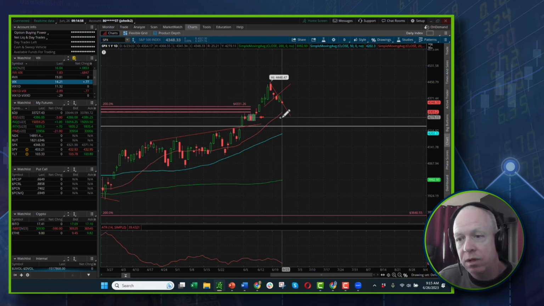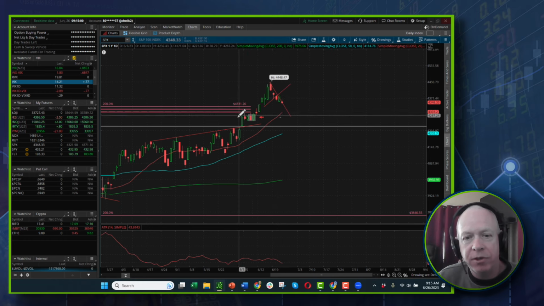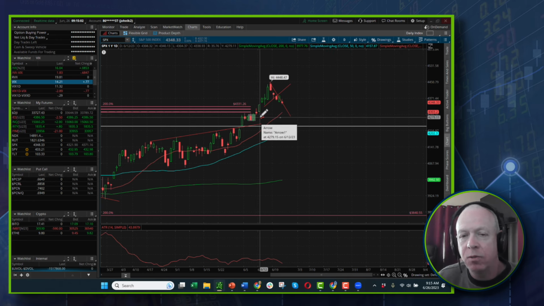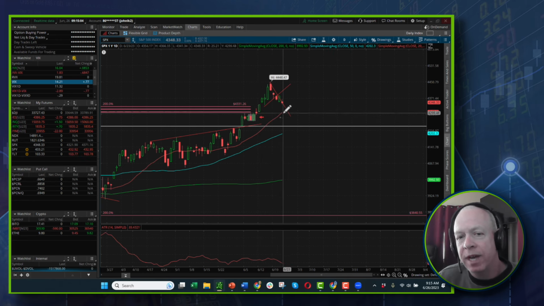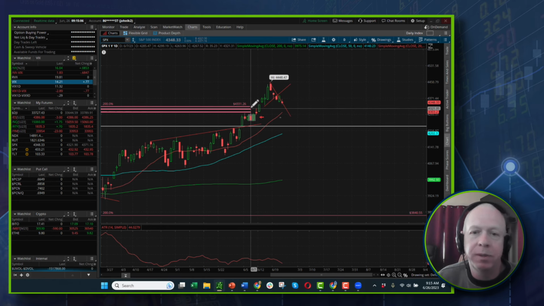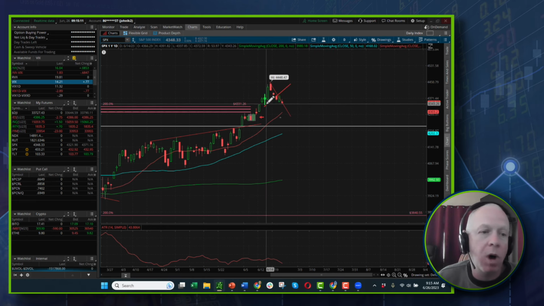That's 42.80-ish. We have the center of this consolidation zone, that's 42.80-ish. We have the 20-day moving average a little bit higher. We do have support levels a little bit higher. We do have a horizontal support here, which we may bounce. So we're going to want to watch that.